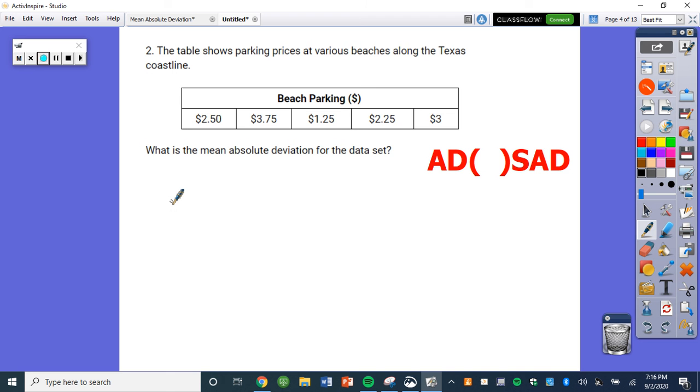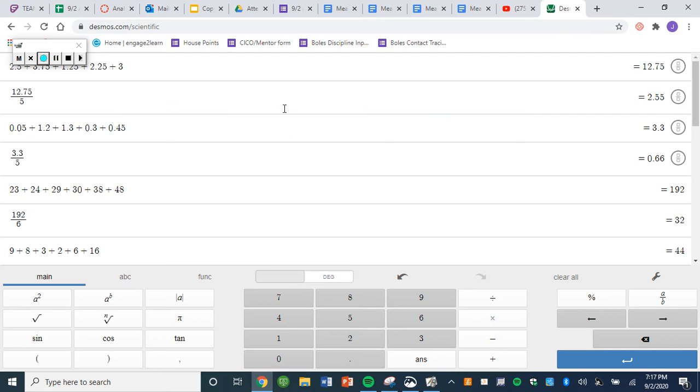Alright, so the table shows parking prices at various beaches along the Texas coastline. So we have different parking prices. We have $2.50, $3.75, $1.25, $2.25, and $3. And this question wants us to find the mean absolute deviation for the data set. So the first thing we've got to do, we're going to use add sad. So we've got to add. And so I opened up Desmos and I already added them together and got